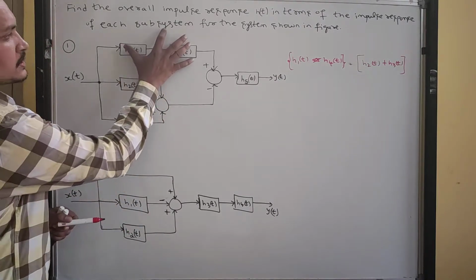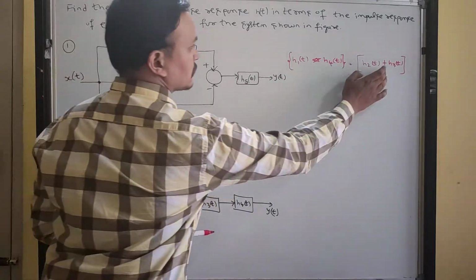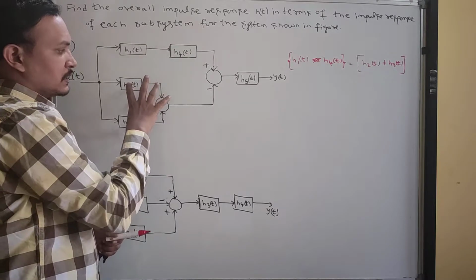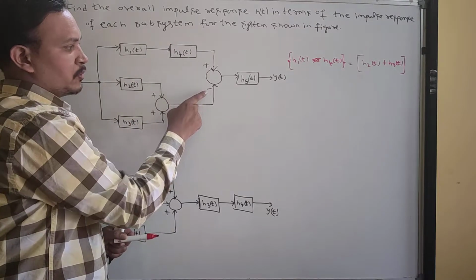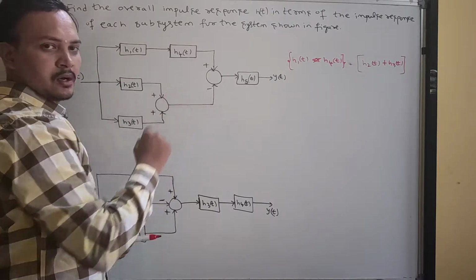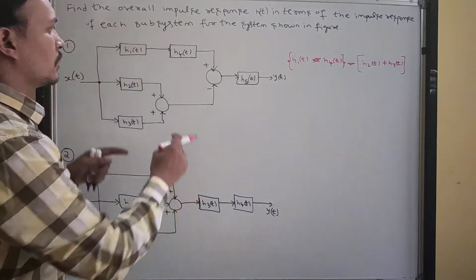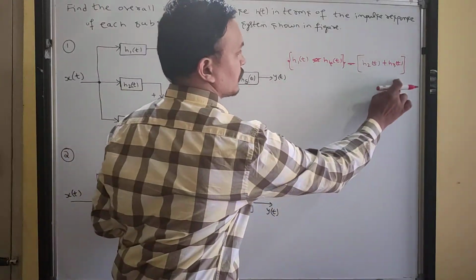Now, this set and this set I have written here. Again, a summation is there. This set and this combination are connected in parallel. See the symbols, plus is here. What about this set? What is the overall symbol? Minus. So therefore, I am writing minus here. Okay, now overall this is the equation.